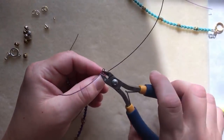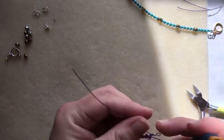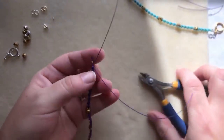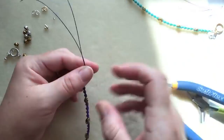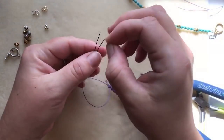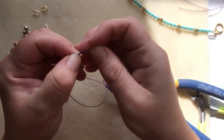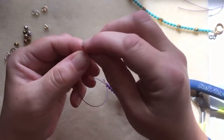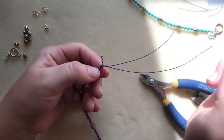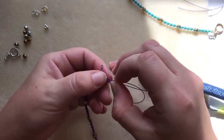And then I'm going to trim off my wire from that one, making sure I'm using the right wires to trim. And then I'm going to make my second little rabbit ear on this side to crimp this. So I ended up using 3 crimp tubes. String your crimp tube on the 2 wires, take one of them back through,